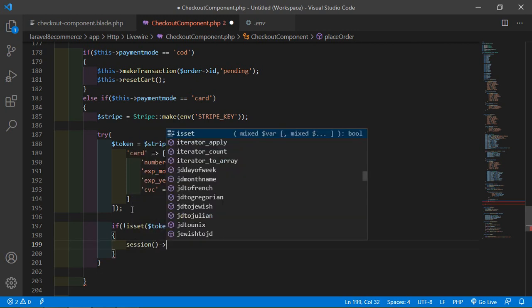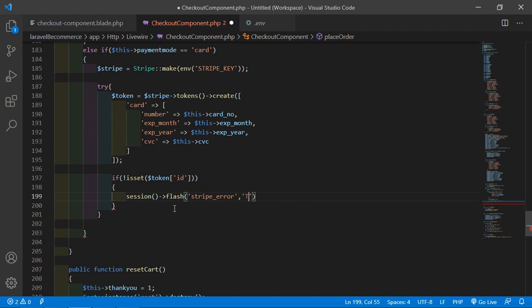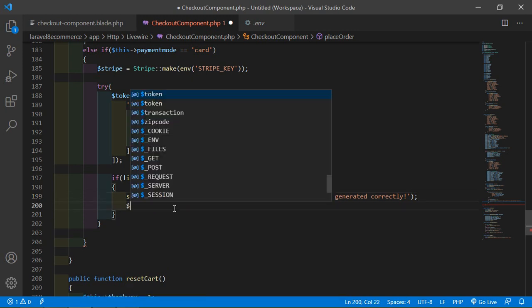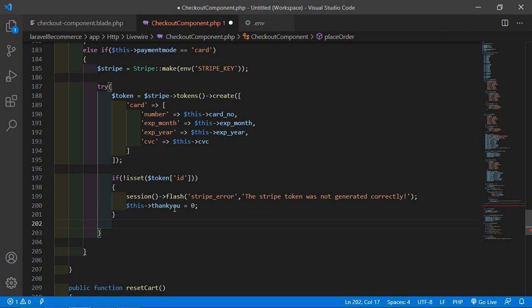So inside the session just add here the flash message flash, pass a key type underscore error, and write here the message the stripe token was not generated correctly. Okay, and also put the value inside the thank you property 0. All right, and after this if it is not true, then just create a